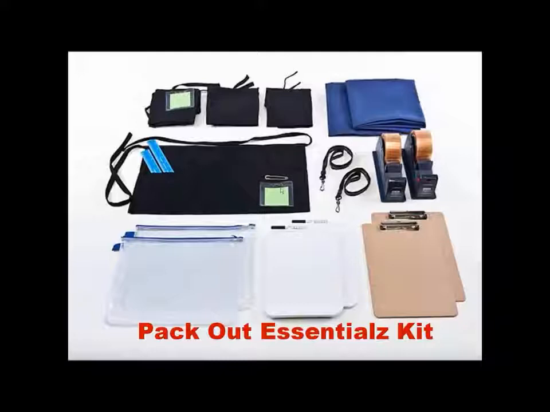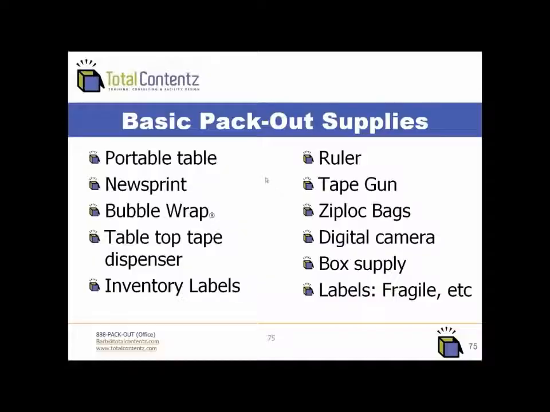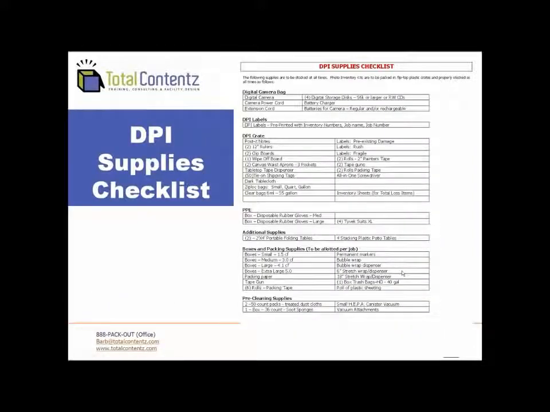This pins on to the outside of the apron, so we have Post-it notes handy also. Some other supplies would be our portable table, our wrapping paper, other wrapping supplies, a ruler, or tape gun, Ziploc bags, our digital camera, our box supplies, and our labels. And here's a checklist. I've divided these up into the camera bag, the DPI labels, DPI crate, and this goes